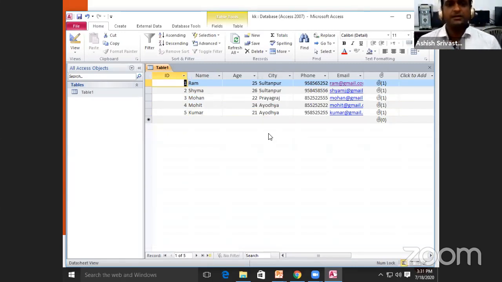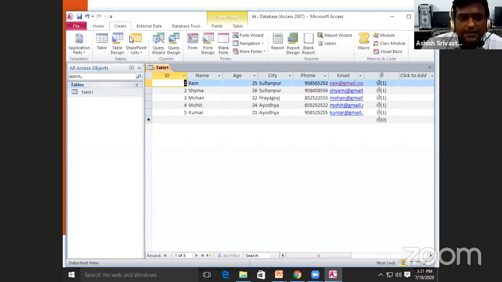नेक्स्ट स्टेप में हम यहाँ पर आगे बढ़ेंगे और सीखेंगे कि फॉर्म कैसे क्रिएट किया जाता है। फॉर्म क्रिएट करने के लिए हम यहाँ पर क्रिएट बटन पर क्लिक करेंगे, और फिर क्रिएट बटन पर क्लिक करने के बाद हम यहाँ पर देख सकते हैं different types of ribbons are available here, just like Form, Reports, Queries, Tables, Templates and Macros। So सबसे पहले हम फॉर्म देखेंगे, फिर हम यहाँ पर रिपोर्ट देखेंगे।